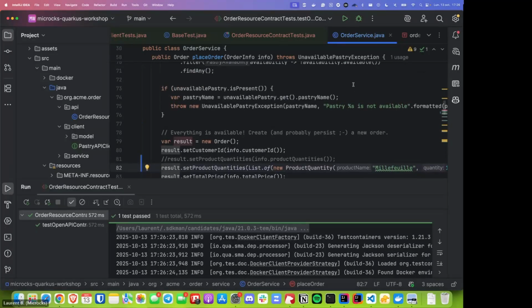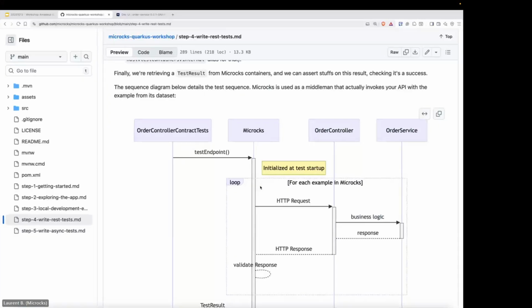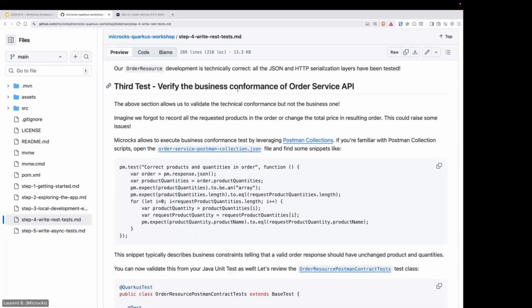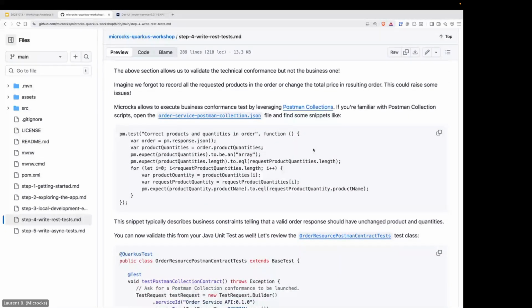And I said before that the testing strategy in Microcks was pluggable. So basically, I can use some other extensions to try to cover this kind of use case. And here, typically, I will be able to check the business conformance using some tools, like, for example, Postman. If you are a bit aware of what Postman is doing, Postman allows you to write some scripts for doing tests. So, of course, you can do exactly the same thing as what we've done before, checking the response status code, checking the